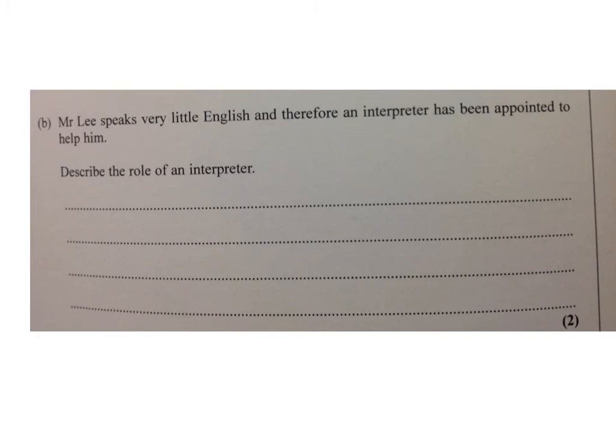On this slide, they want you to describe the role of an interpreter. It's only 2 marks. That's another thing to look at. Look at how much it's worth. So in terms of 2 marks, you are just describing the role in 1 sentence. It doesn't want any more. So you are just saying it is to overcome communication difficulties, barriers, and actually ensure that someone's needs are communicated